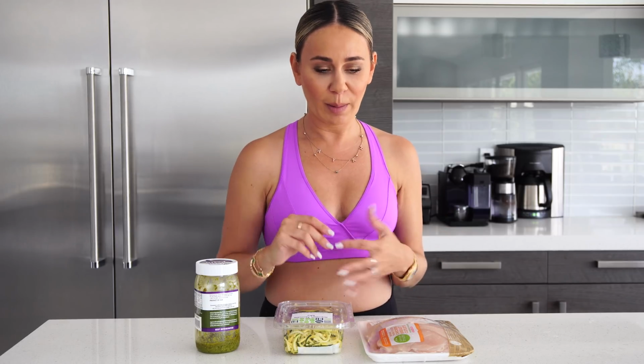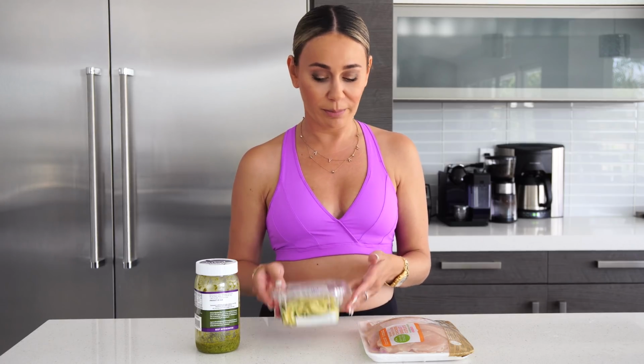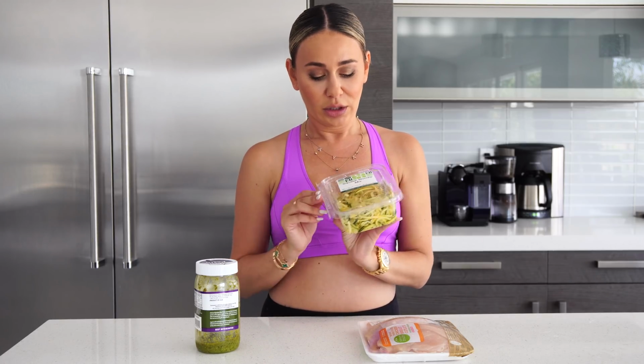If you're anything like me, you love pasta. It's so yummy. When I was pregnant and diabetic, what I was doing is actually having wheat pasta. I was trying to make myself feel better that wheat is okay. But now that I'm actually trying to do a healthier lifestyle and slim down, I've replaced my pasta with squash